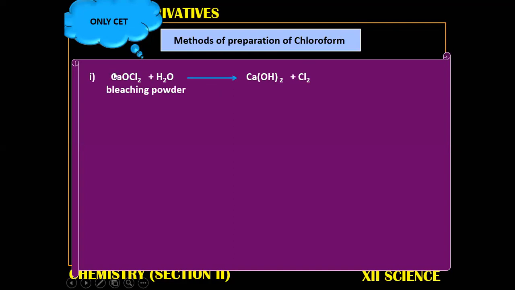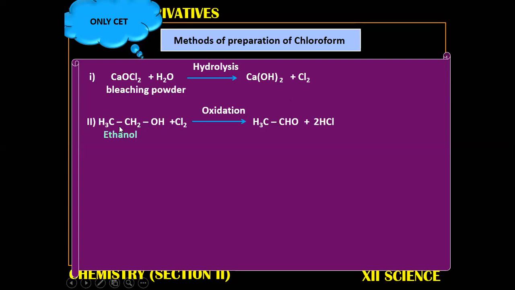Now, first you take bleaching powder. Bleaching powder paste, or you can say bleaching powder when reacting with water, undergoes hydrolysis to form calcium hydroxide and liberate chlorine gas. Now, it is a 4-step reaction. First understand all the 4 steps and then copy. First step is bleaching powder reacts with water to liberate chlorine. Chlorine oxidizes ethanol to ethanal. See, these 2 hydrogens both go with chlorine to form 2 HCl. So this ethanol becomes ethanal.